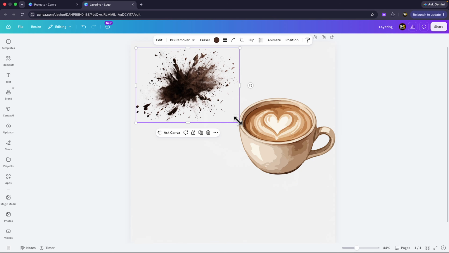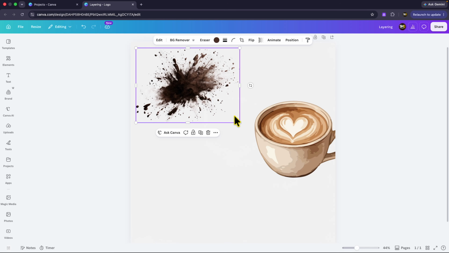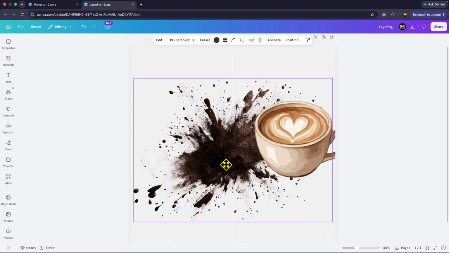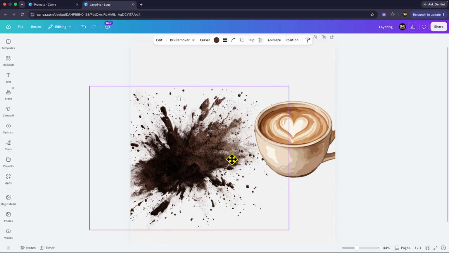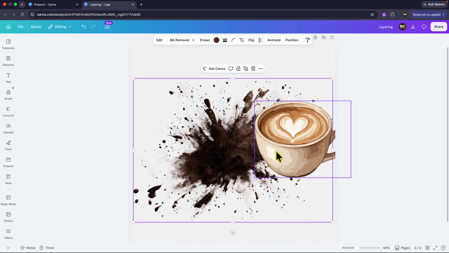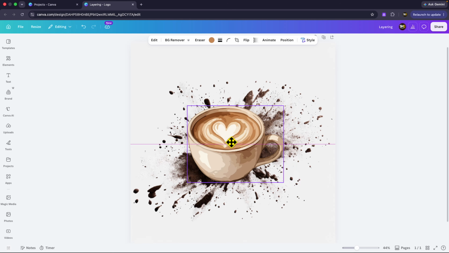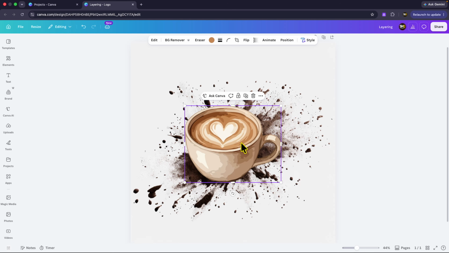Simply first position your images how you would like them to be layered. So we want to have this above the splat. So once your positioning is correct,